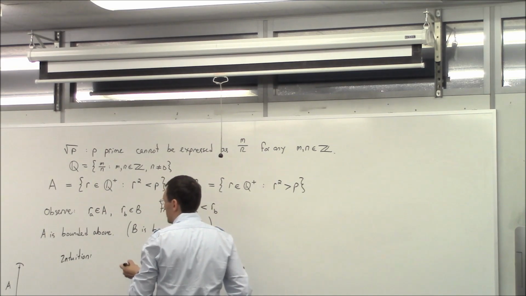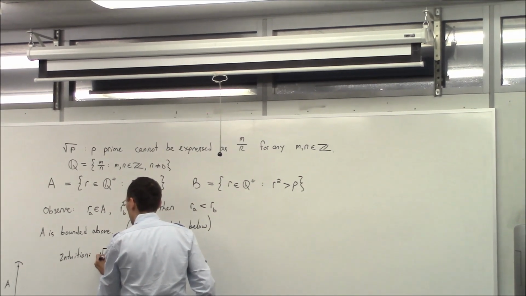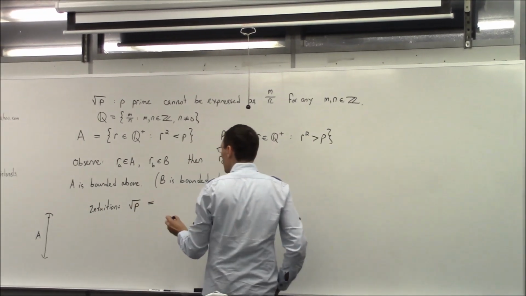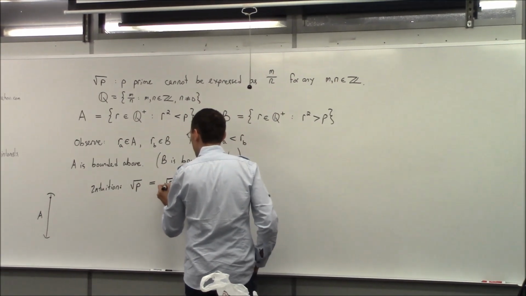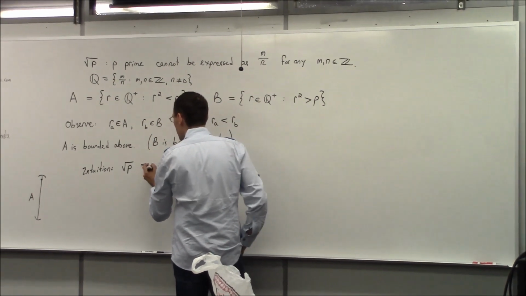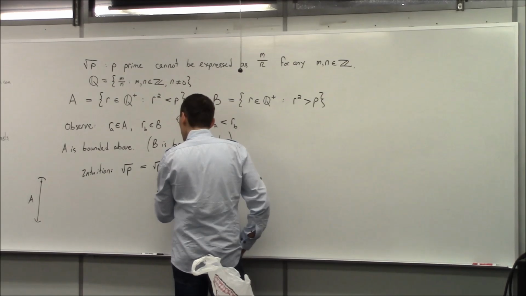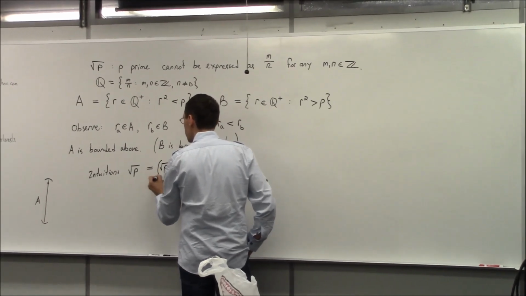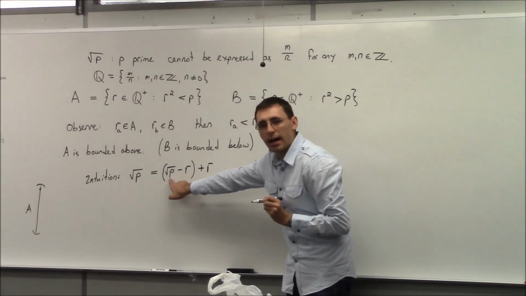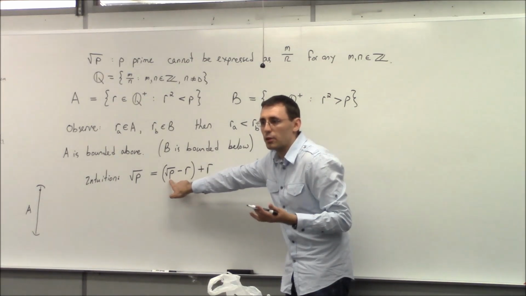So here is the intuition of how this is constructed. So you have, let's say, root of p, and root of p is equal to root of p minus r plus r. Now here, of course, I'm using something that is not justified. There is no root p. I'm going to get rid of it in a moment. Right? I'm going to create an inequality.